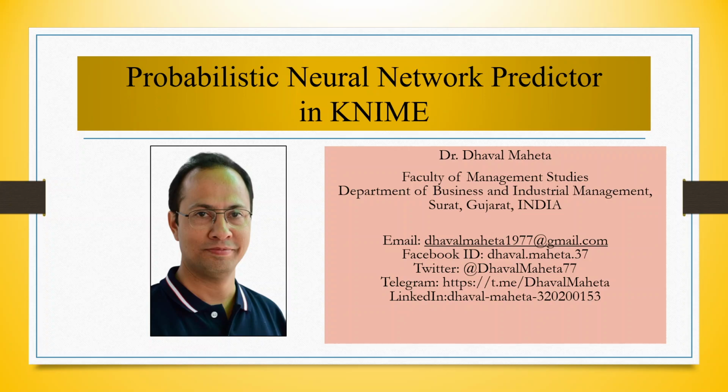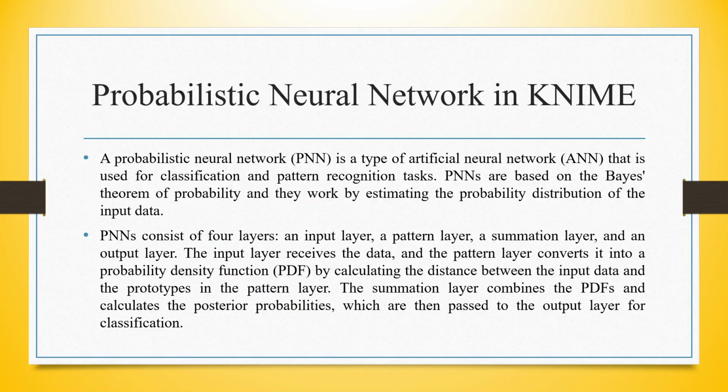Let us try to understand how to run probabilistic neural network predictor in KNIME. A probabilistic neural network, that is PNN, is a type of artificial neural network that is used for classification and pattern recognition tasks. PNNs are based on Bayes theorem of probability and they work by estimating the probability distribution of the input data. PNN consists of four layers: an input layer, a pattern layer, a summation layer, and the output